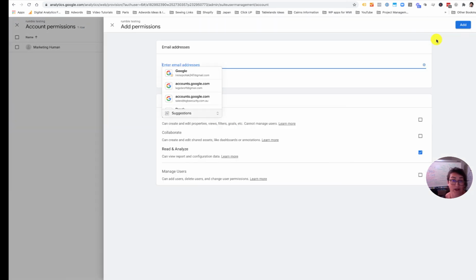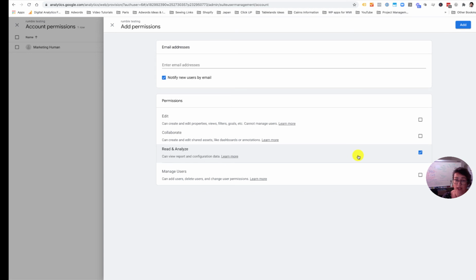Now also within each of those levels, you can give them access to what they can do in each of those levels. So here, this is where you give them those permissions. For an SEO person, you can just give them read and analyze. For someone who is building up reports and dashboards for you, you want to give them this level. If you want to share a report with someone, you have to give them the collaborate level. If you want someone like me, a tracking specialist, to come in and set up all your filters and goals, exclude your membership sites and traffic in one view, and have a view only for your students,